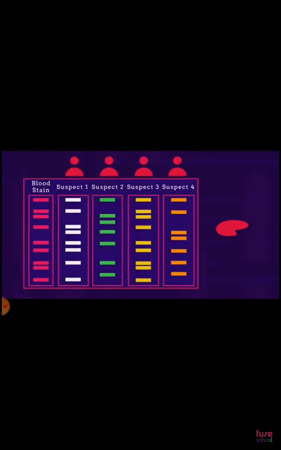So let's have a go at using DNA profiles to solve some mysteries. An item was stolen in a burglary. A drop of blood was left behind by the thief. Samples of DNA were taken from 4 suspects and compared to the sample left at the crime scene. Which suspect is guilty? Here's a clue. Look for the one that is most similar to the one from the crime scene. Pause the video while you decide. Suspect 3 is guilty. Can you see how the pattern of bands matches in suspect 3 and the crime scene? Their DNA is the same.